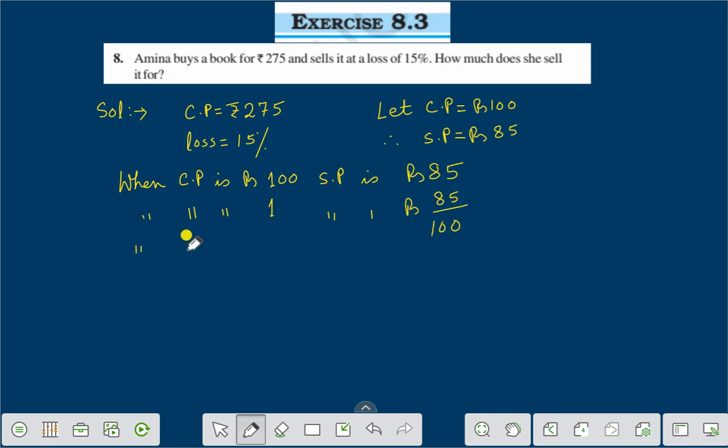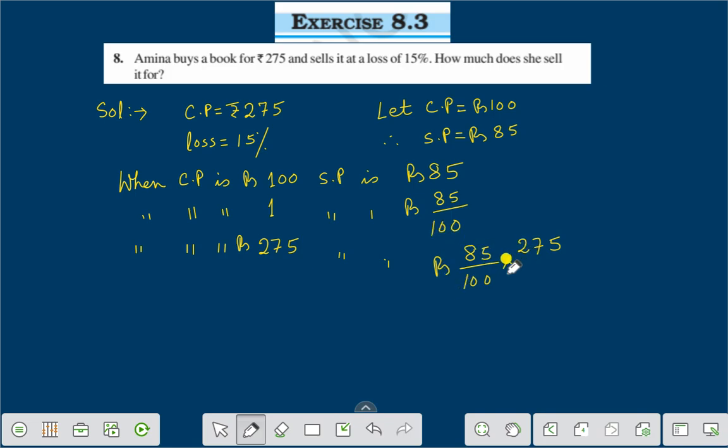When cost price is rupees 275, then selling price is rupees 85 by 100 into 275. Let us find this. Therefore, we are getting,